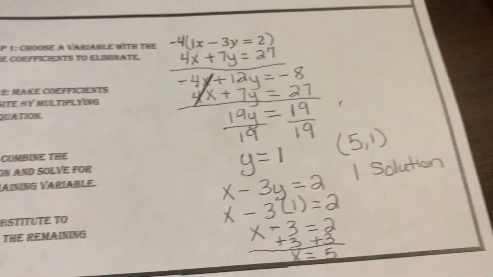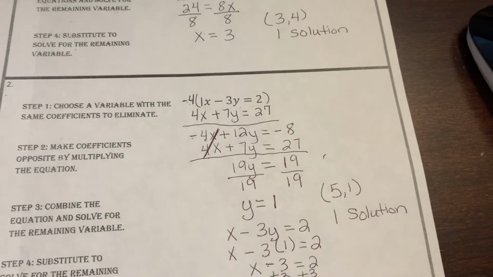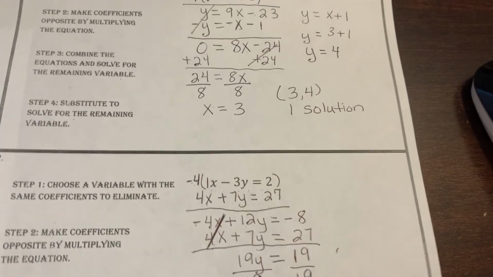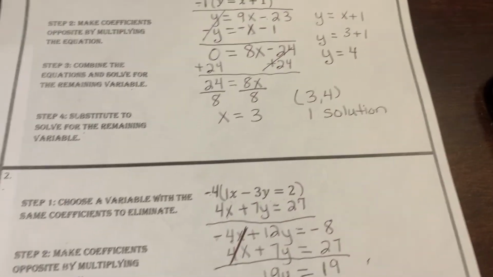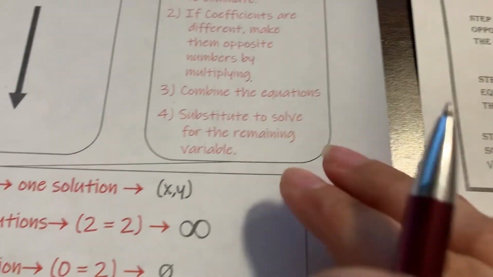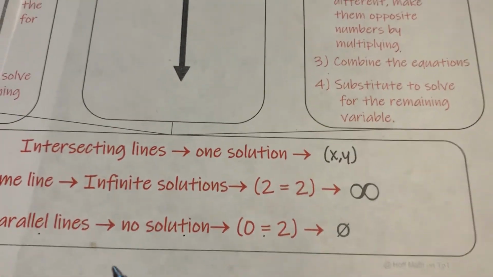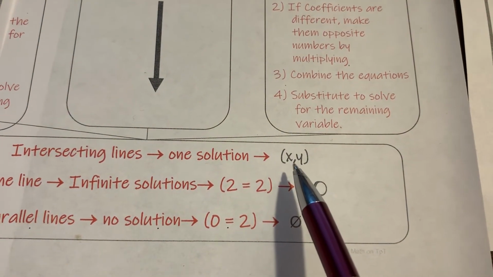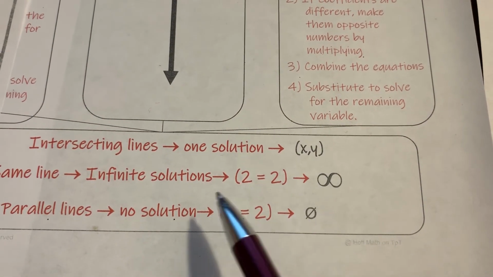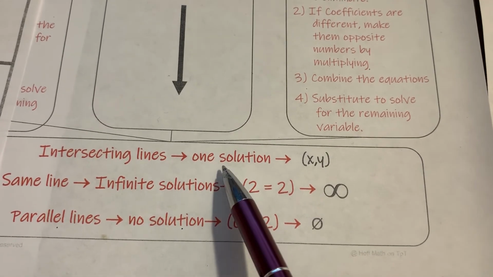Okay, so this is how to solve a system of equations using the elimination method. Just remember, boys and girls, that on your answers, they will ask you for the ordered pair and whether it is one solution,